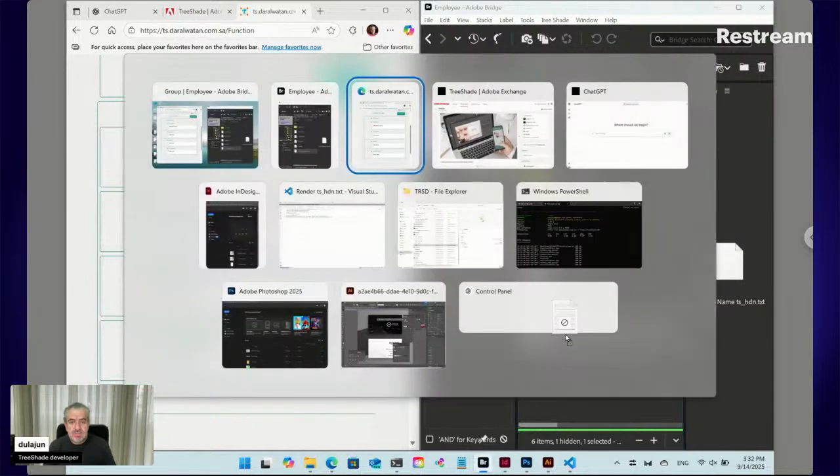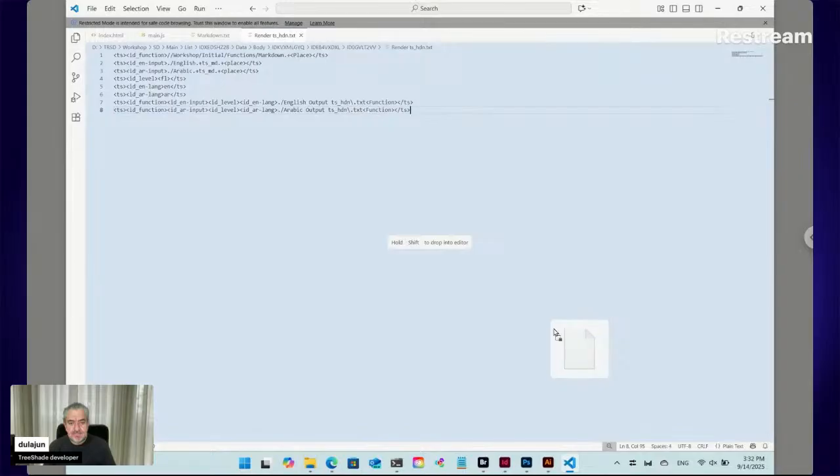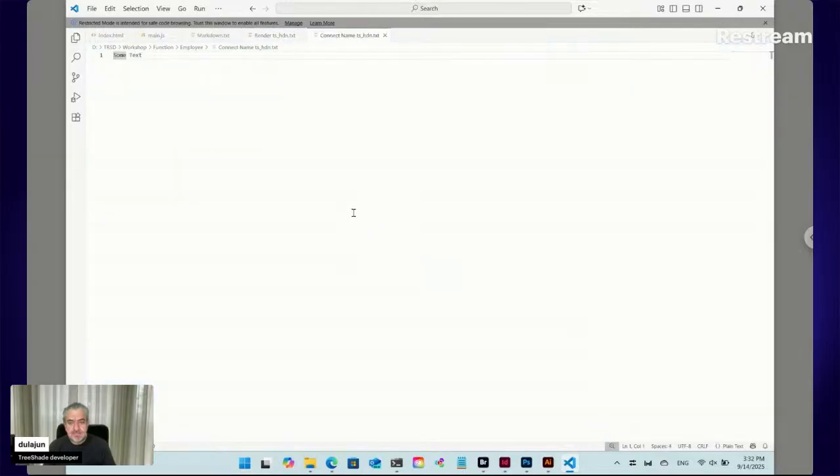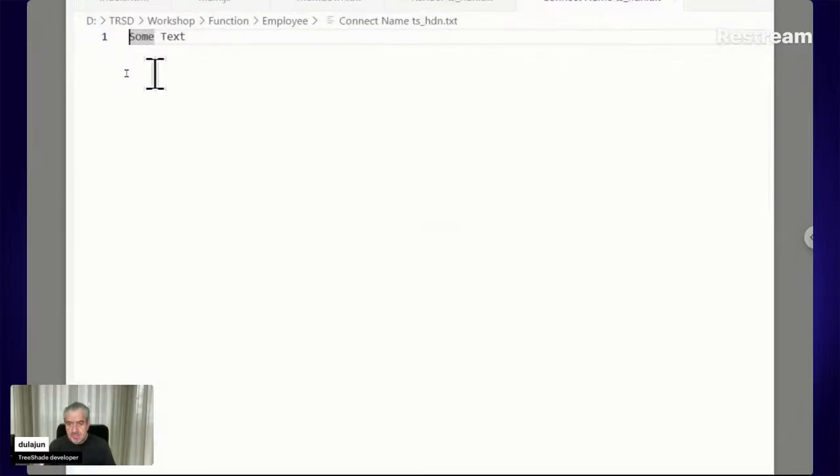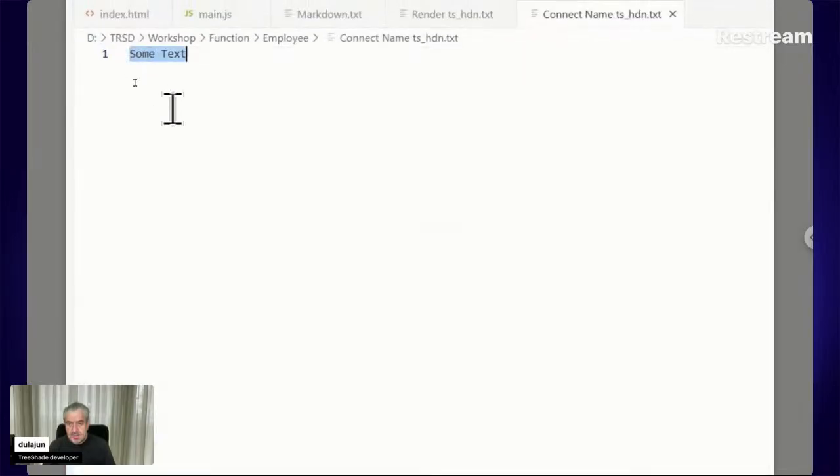Okay, now let's open in VS Code. And let's write tag to retrieve the function file. So start by opening and closing the tag, TS tag,